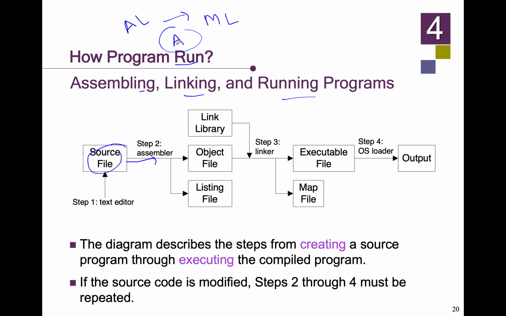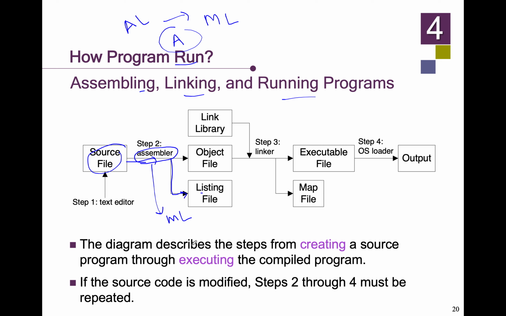This one we already looked at, and you can see your assembler. It's not directly converting into machine language, but on top of it, there are basically several steps that happen. Your assembler first will create your